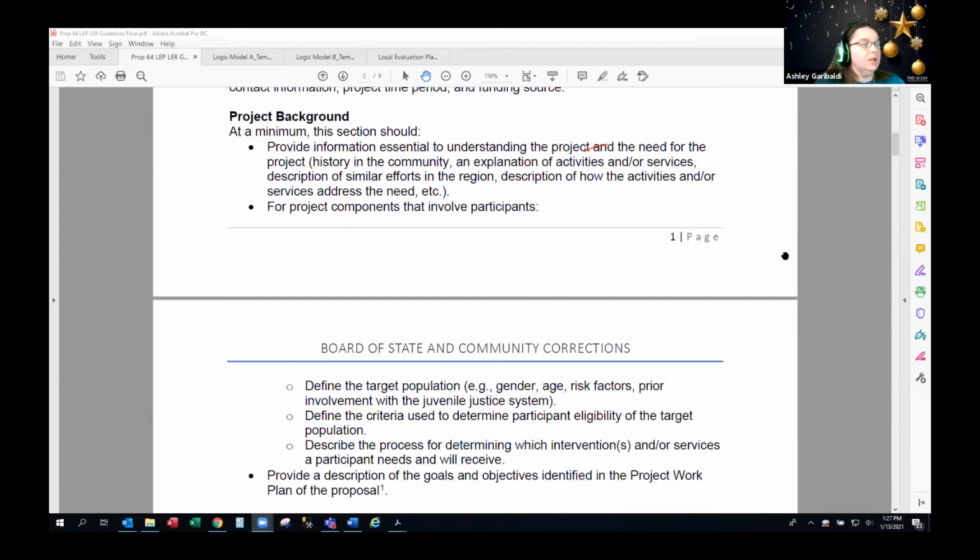services address the need. And I know you're thinking, well, we already talked about that in the proposal. You did, but we would like to have you reiterate here, just so we make sure that we understand what you all are covering. And we're mindful that the proposal you submitted was only, I think, 10 pages. So you probably limited the details that you would have liked to have shared at that point.